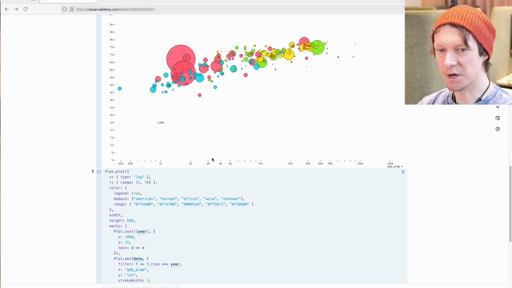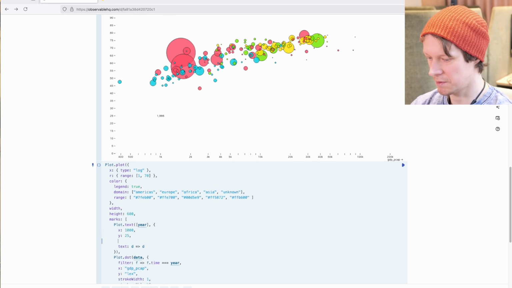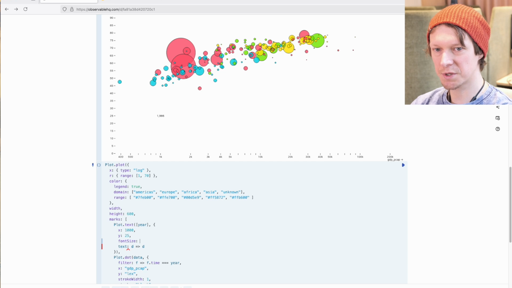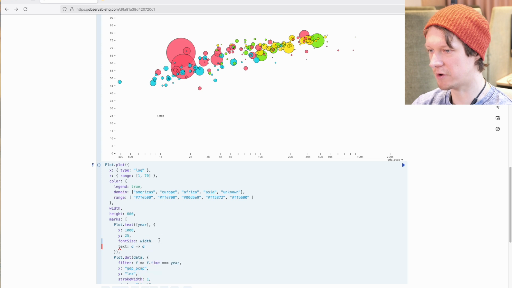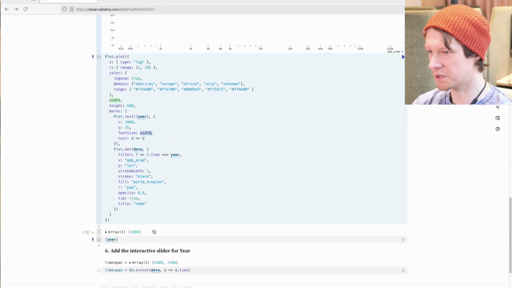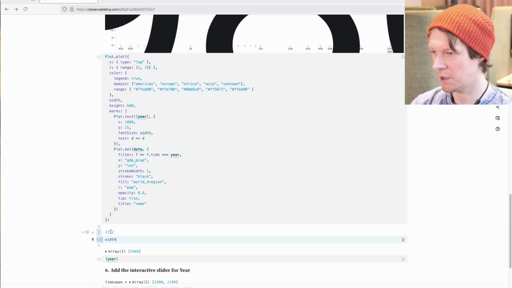So to make it larger, we first change the font size. And I suggest that we set the font size as a fraction of width. So width is a built-in variable in Observable, and if we just check what it looks like,